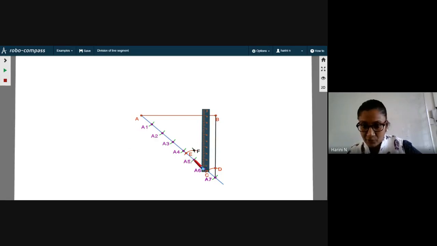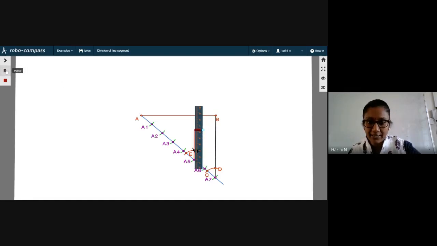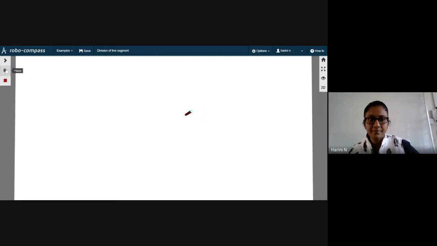You have copied your angle A7B at A5. So when you join your A5 and E, this line will automatically become parallel to BA7. That's exactly what I'll show you now. See, I'll join A5 and F and extend it to B, and mark that point of intersect as P. So I'm repeating all the steps again. Please observe carefully. Because once you get the point P, the division of line segment is done. So let me repeat all the steps once again.